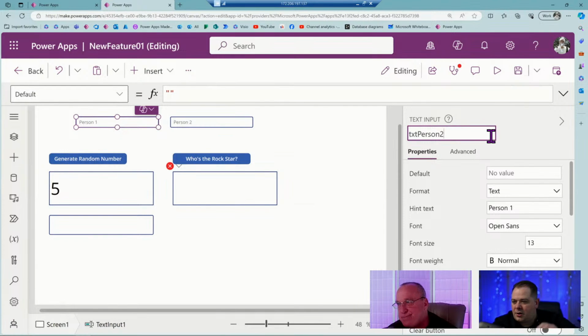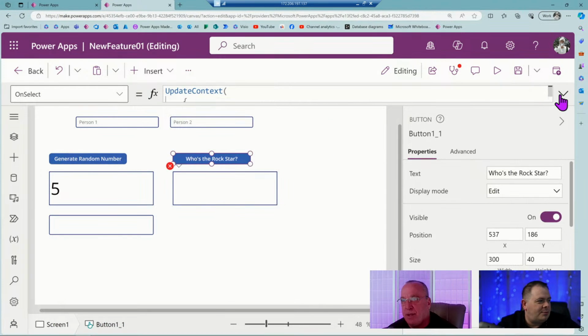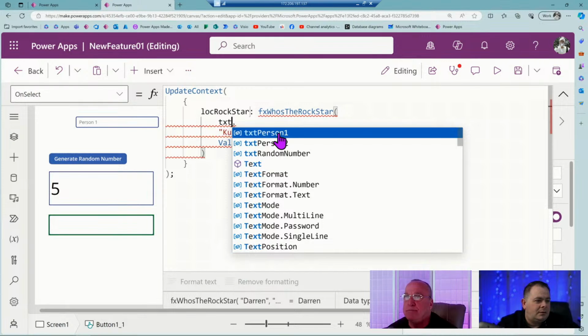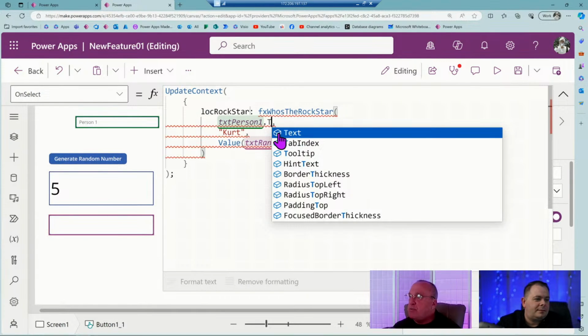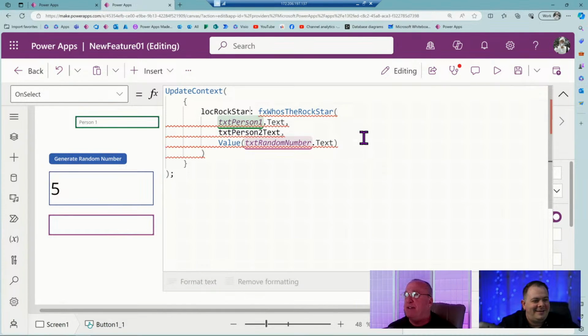I got this little Kurt on my shoulder. It's like, Darren, I got to name my controls right? I'm referring to it in code. I love it. What'd you teach me, Kurt? You taught me not to use any static values, didn't you? That's exactly right. Make it dynamic. But it's okay to use the static values when you're trying to solve the problem. But we've learned how to solve the problem, so now we're learning how to repeat it. And this is how you repeat the solution every time, no matter what.